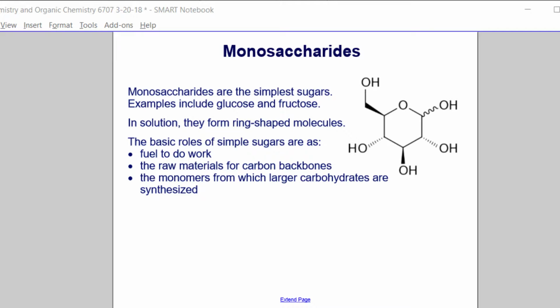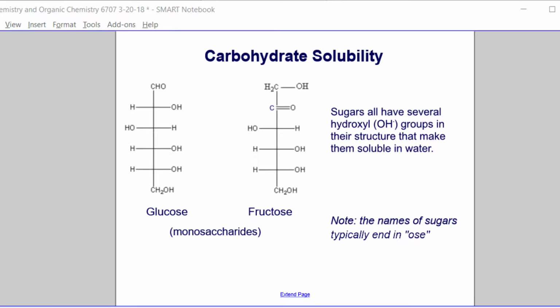The basic roles of simple sugars are as fuel to do work, as the raw materials for carbon backbones, and as the monomers from which larger carbohydrates are synthesized. In the diagrams shown, you can see both glucose and fructose, the monosaccharides. All of these monosaccharides, and sugars in general, have several hydroxyl groups or OH groups, which you can see here